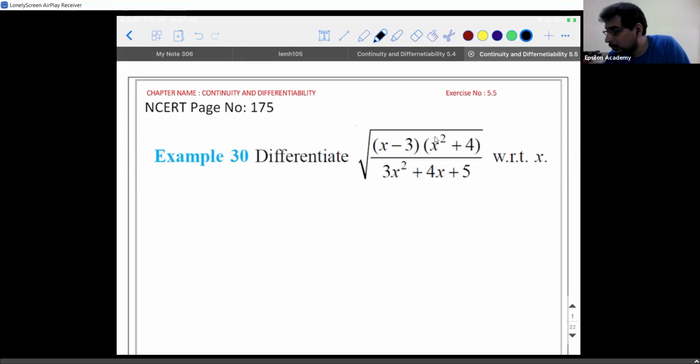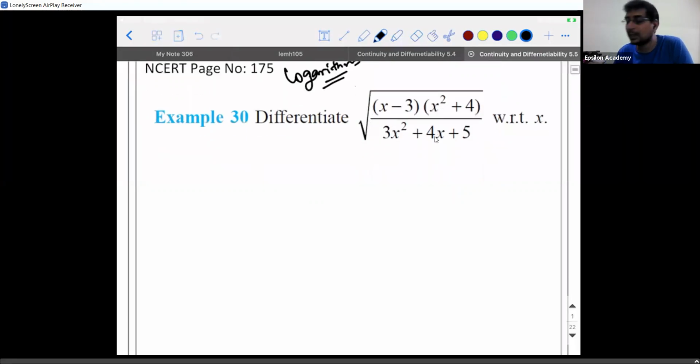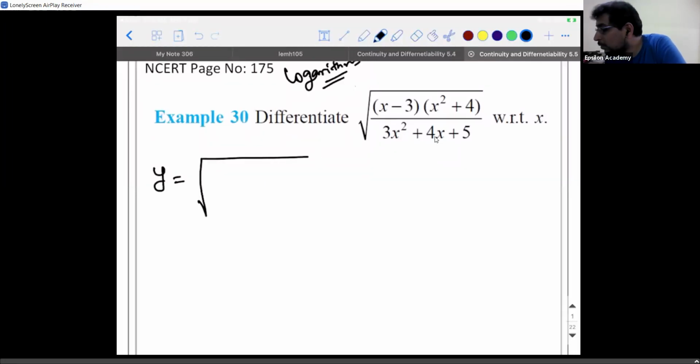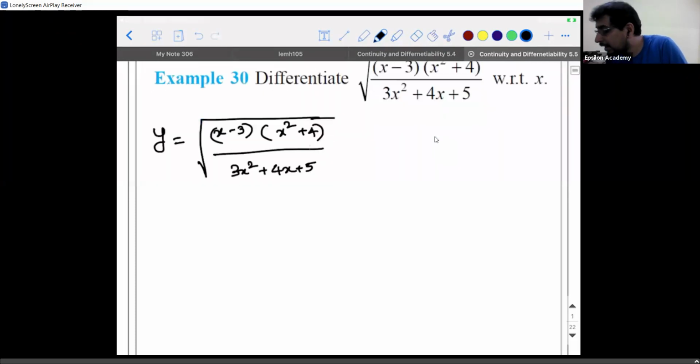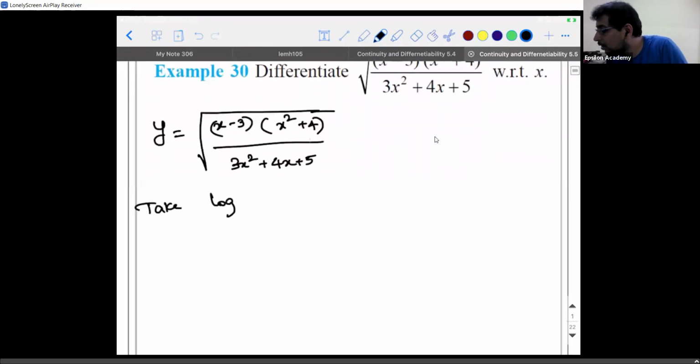This is where we need to solve the problems using the properties of logarithm. How? I'm going to explain it to you. Listen. y is equal to, always take the question as y. Take log base e. See, base e, you need not write it in mathematics. It is for your understanding. When I say take log, by default it is e. So take log on both sides.